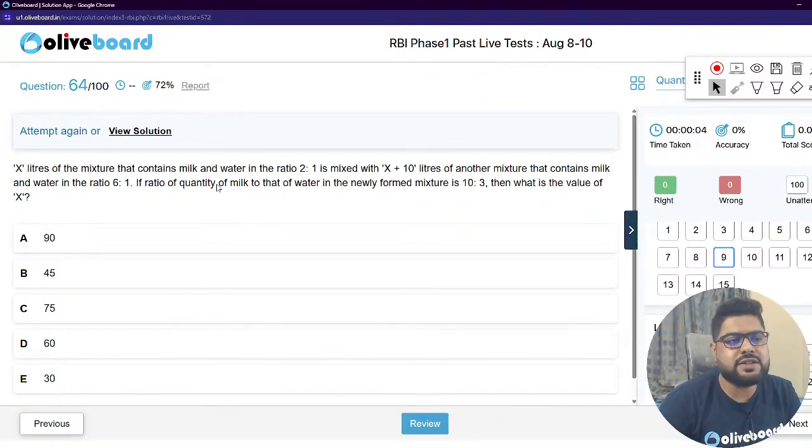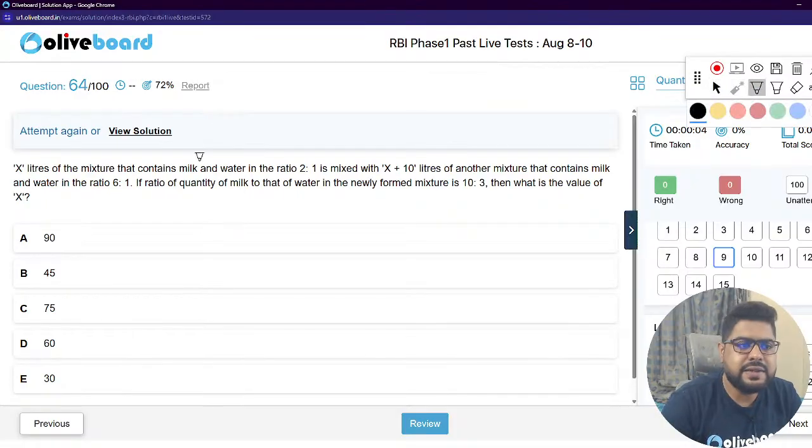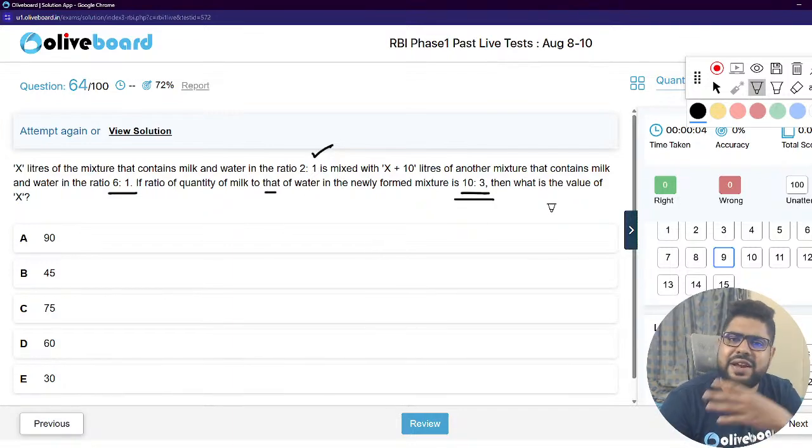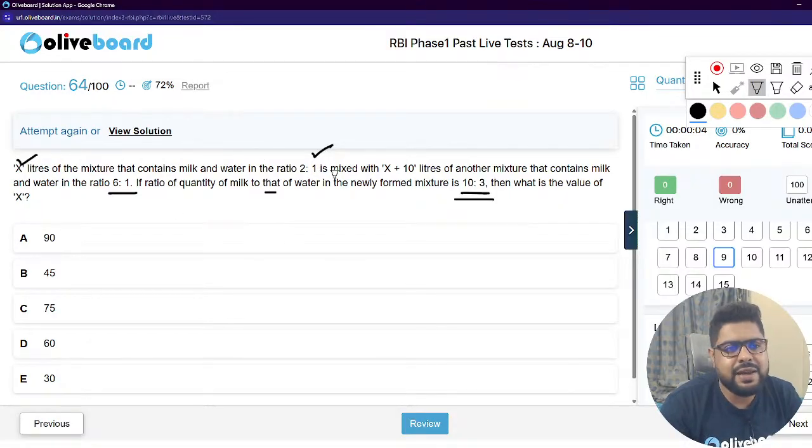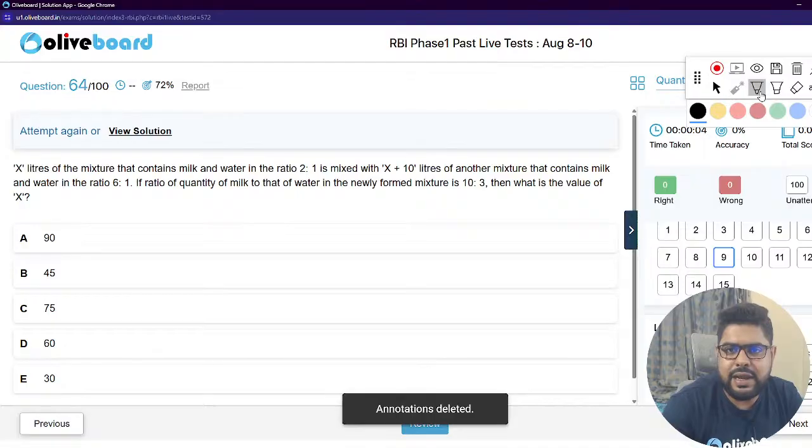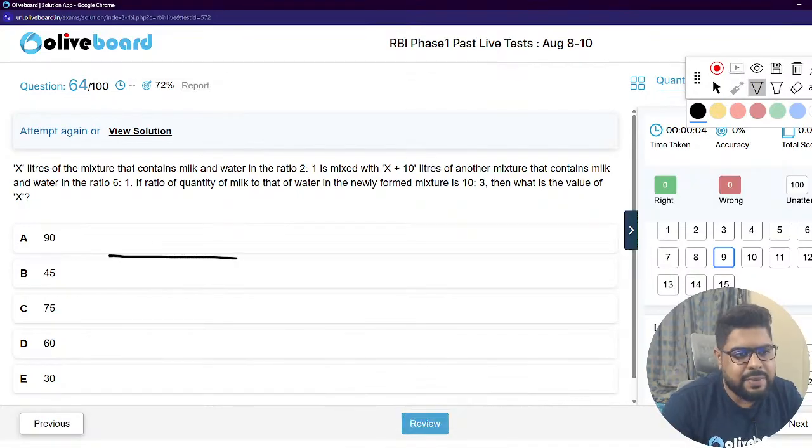So X liters of mixture that contains milk and water. Quantity of this. Final ratio is very simple, right? X liters में milk, sir, कितना है? Milk 2 parts, 2 out of 1. So again, let's do one thing. Sir, I'll write milk top,